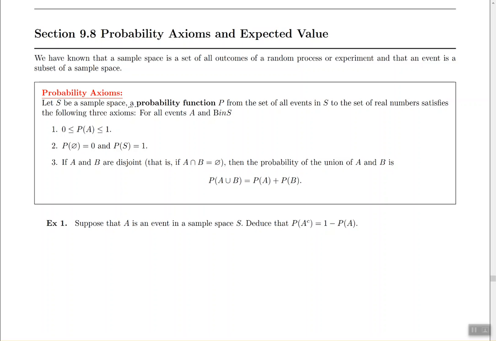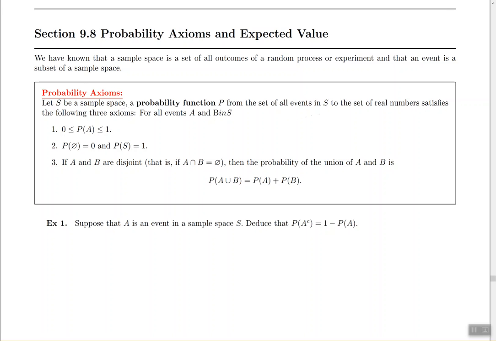It says let S be a sample space. So basically think of S being the universe. So when I'm flipping a coin, the universe is either heads or tails. So that would be called the sample space. Getting heads or getting tails would be the event. Okay. Now the probability function P from the set of all events S to the set of real numbers satisfies